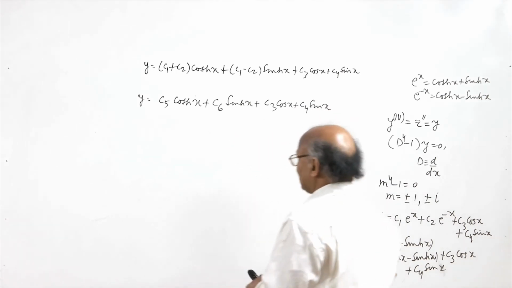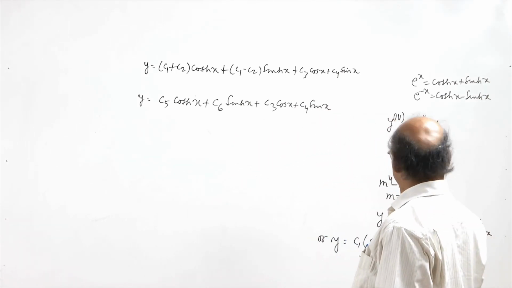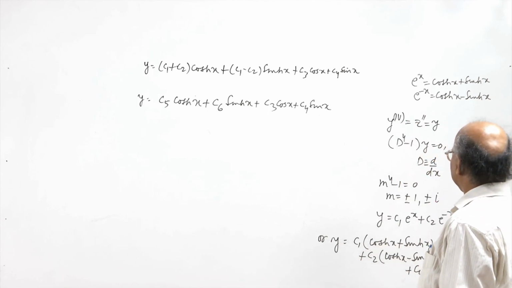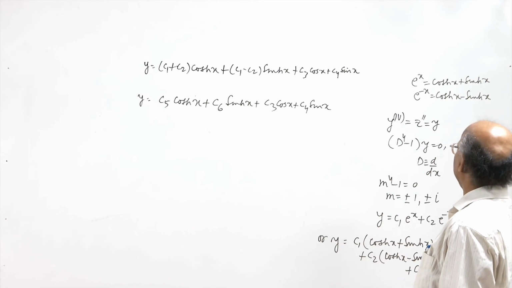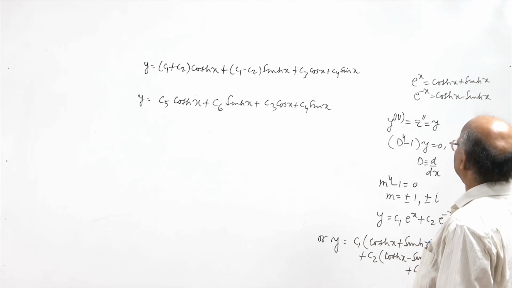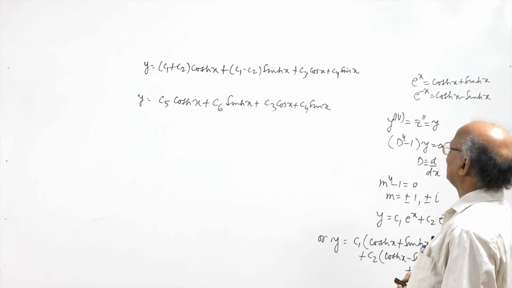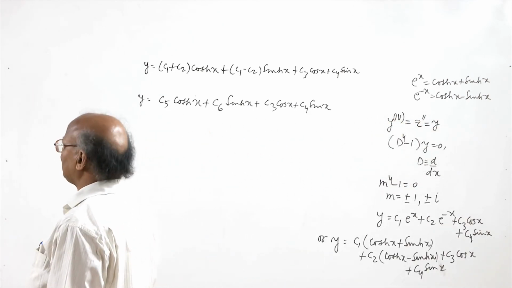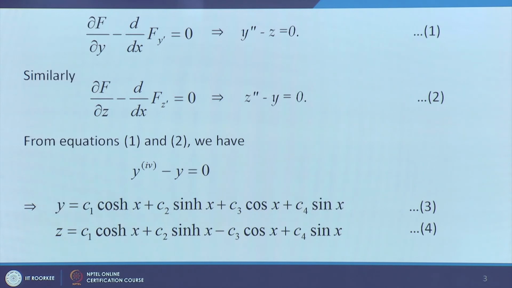Now what I want to demonstrate is that the roots of the auxiliary equation are plus minus 1, plus minus i. So in this case the solution of the fourth order linear differential equation with constant coefficients, D^4 minus 1 applied to y equal to 0, can also be expressed in this form. So I have written it in the form of cosh and sinh and the trigonometric functions sin x and cos x. So y is C1 cosh x plus C2 sinh x plus C3 cos x plus C4 sin x, and then z is